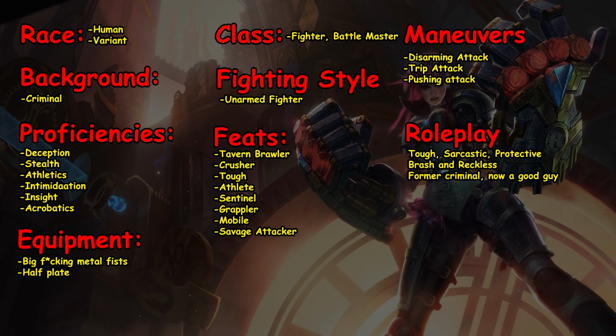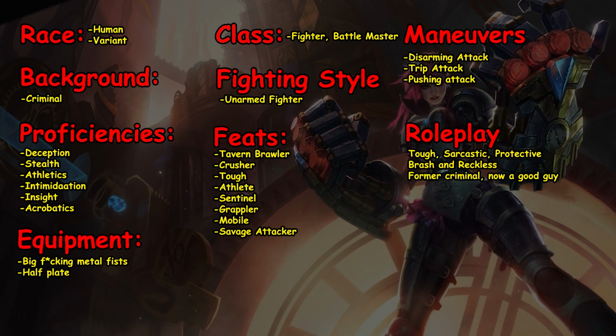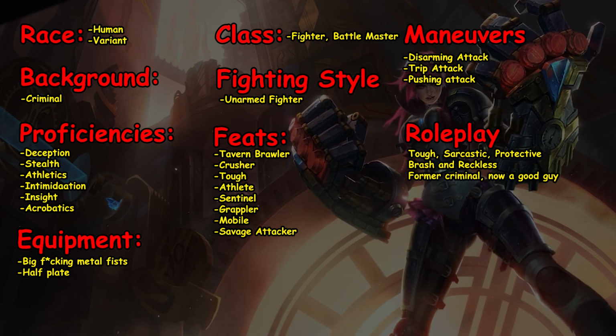And there you have it, a build for Vi in D&D. Be sure to discuss with your DM about specific flavor elements, like working with them to get some custom gauntlets. Let me know if you'd play her differently,